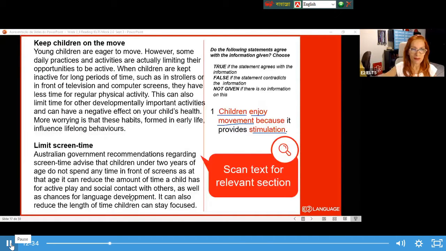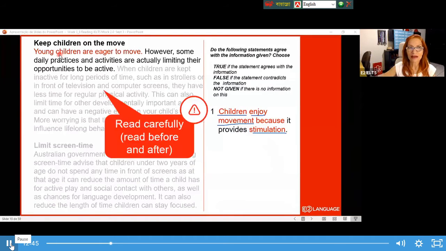And then we come and we're going to scan the text for the relevant section. So young children are eager to move. So we can see here that young children are eager to move. It's something that's related to movement and enjoy. Eager and enjoy, they are synonyms. But in the option we have because it provides stimulation. So they are willing, they enjoy, they are eager for movement, but we need to have the information also because